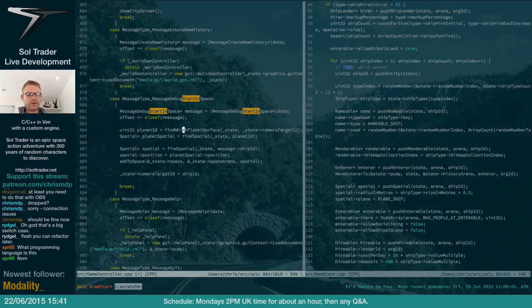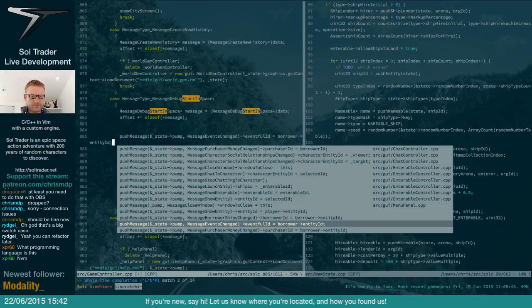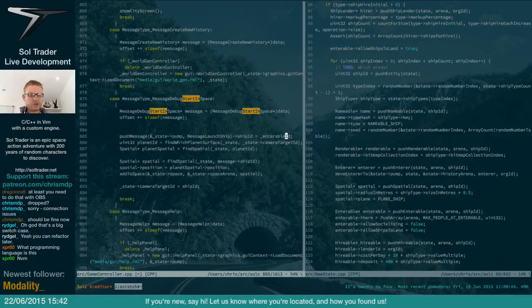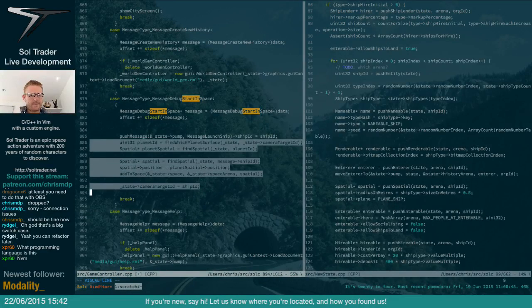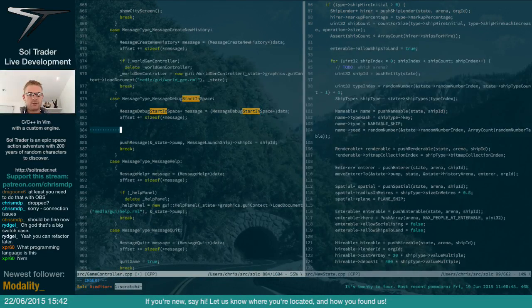Don't care about that. Okay, what I could do at this point is push a new message, let's push the launch ship message, so that I don't have to worry about actually launching the ship. Let the game do that. Because the camera ID will be set up to Earth anyway. So if I basically just create a new ship here, which is basically this code here,